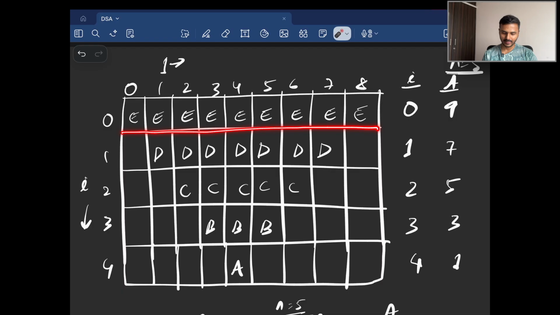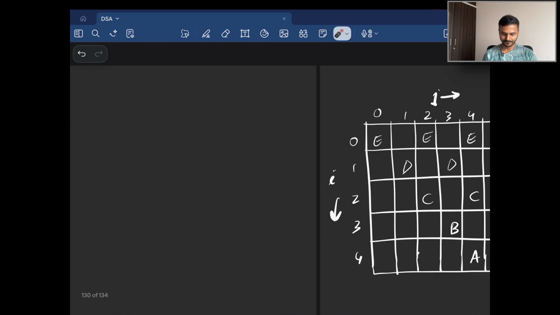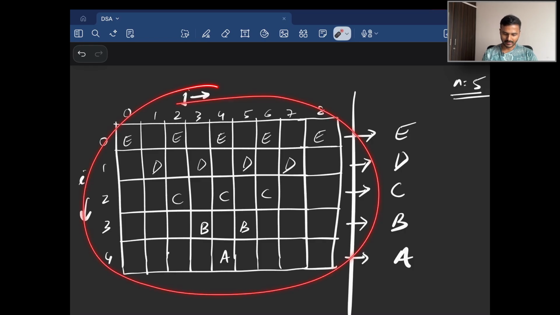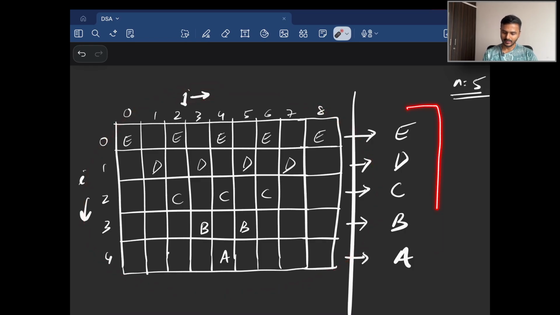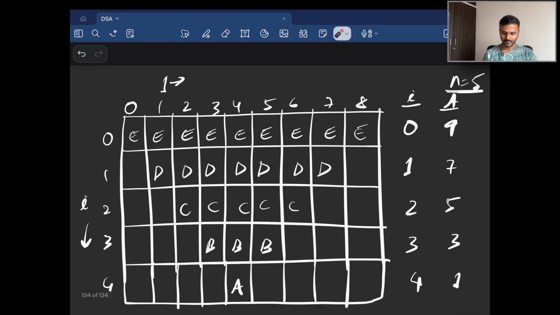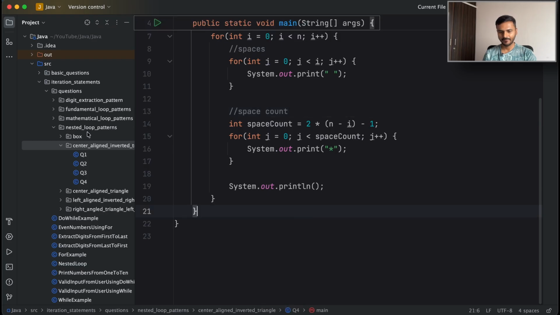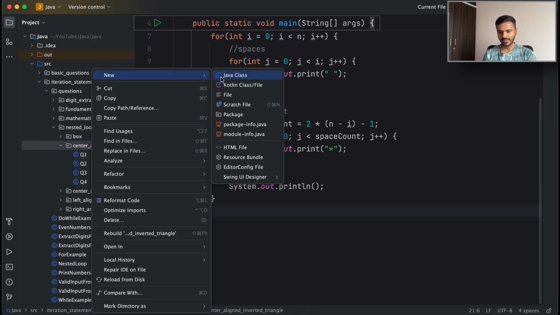we would have to print a letter in a given row, plus the discussion from this question to determine the letter that we are supposed to print in any given row, and we can combine them and solve this question, right? So since both of them are discussed, let's jump to IntelliJ and let's first of all create a new Java